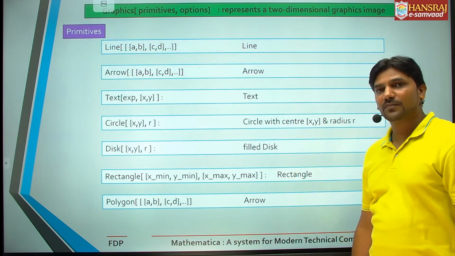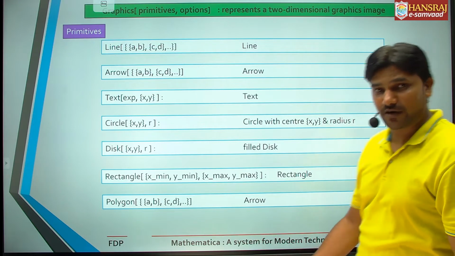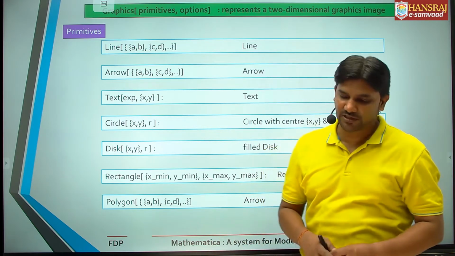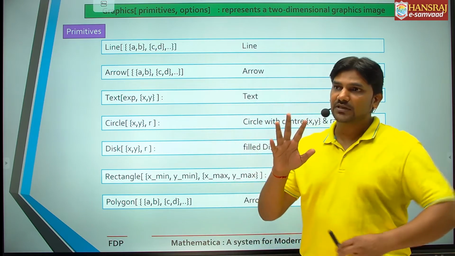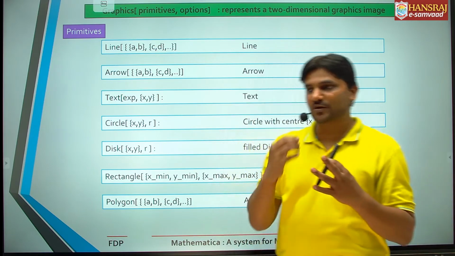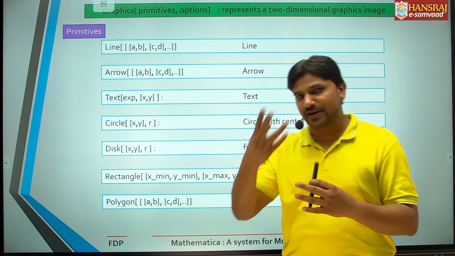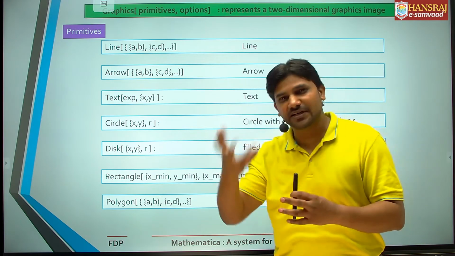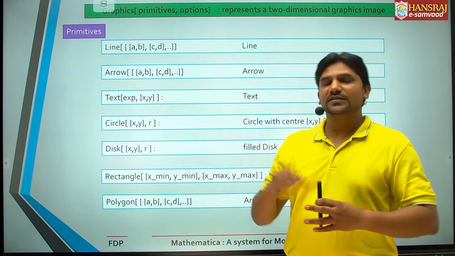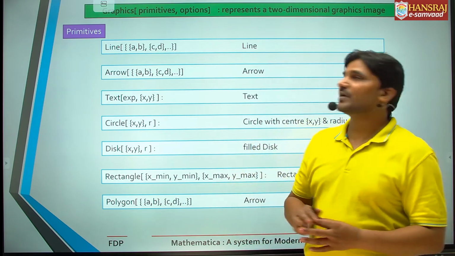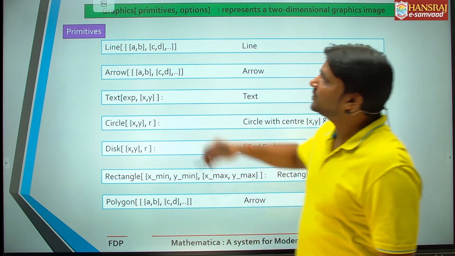Okay, now we have understood plotting. Now come to graphics, that you can use in your Mathematica. For example, you want to draw some graphics around your plot, you want to add some text, add an arrow, add a circle, add some 3D graphics there, then you can use some graphics command there and you can easily work with that. So here is